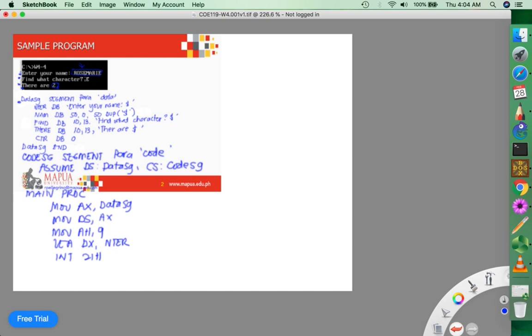So what will be the next one? We have to enter a string. So how do we enter a string? Move AH, 10, load effective address DX, whatever the address of the string, and that is the num, then interrupt 21H. After we've inputted the string, we can proceed with outputting the prompt, which is,